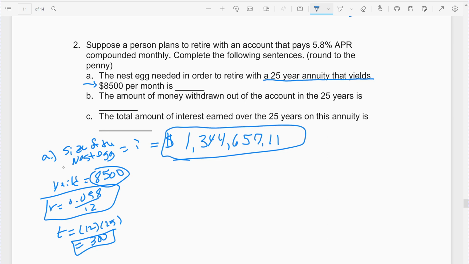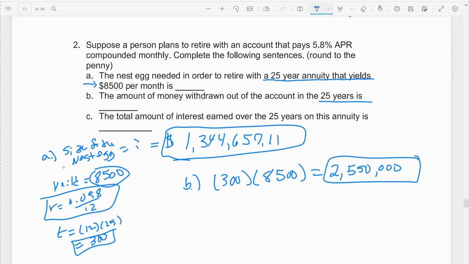Alright, so that's A. B, the amount of money withdrawn over the 25 years of the annuity. So B is how much money do you actually get out of this? It'll be more than the $1,300,000. Alright, you're going to pull out 300 times $8,500. Alright, so you're going to almost pull out twice as much. Comes out to $2,550,000 total. Alright, so again, that extra comes from the interest, which is what we're going to figure out in part